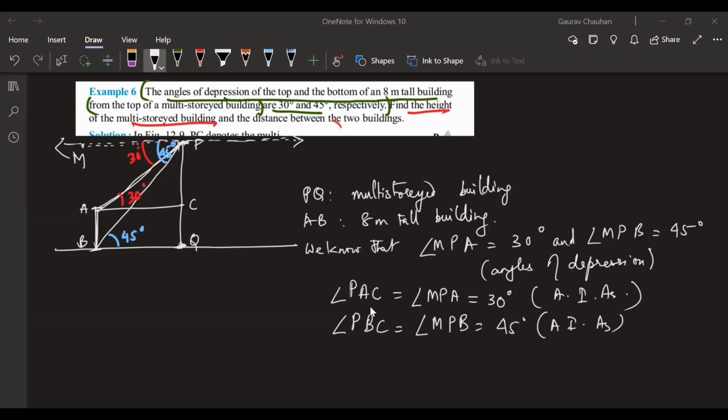So right now, I have my diagram. I have not marked the length. Which length is given? The 8-meter tall building is given. So I have AB as 8 meters. AB is not a part of any triangle, so it's not going to help me. Move it to CQ, the parallel line. Parallel line distance will be the same, or you can also take this as a rectangle, where opposite sides are equal. Whichever justification you want to give, CQ is also equal to 8 meters.